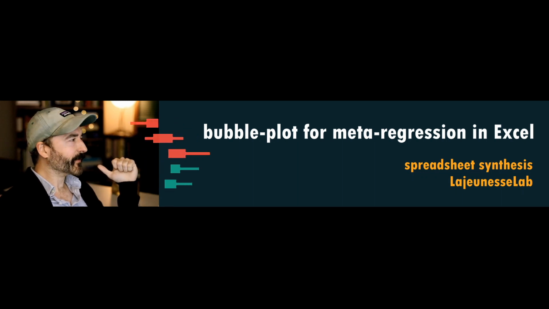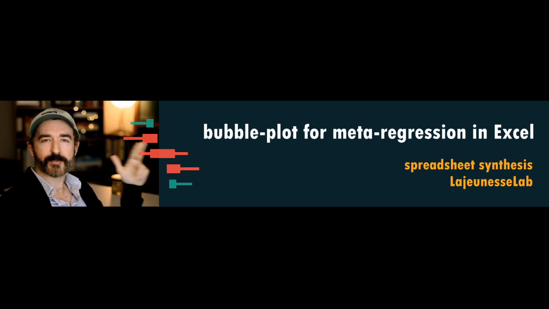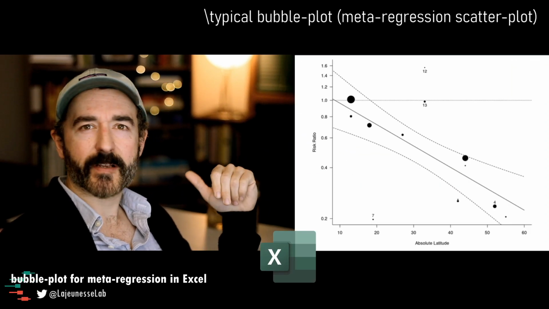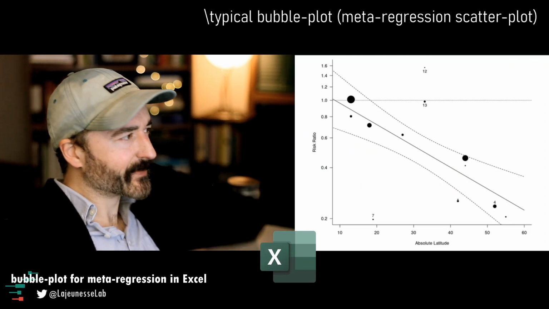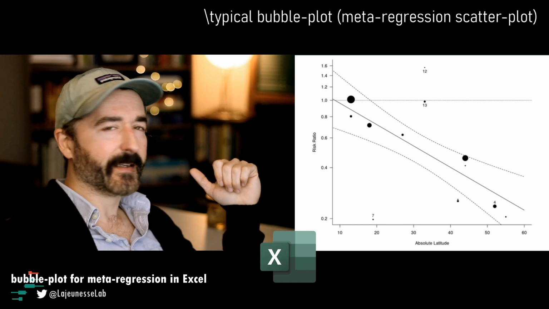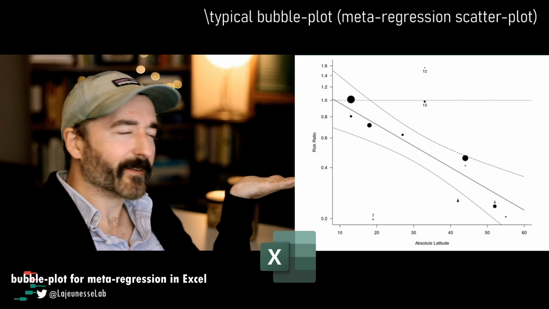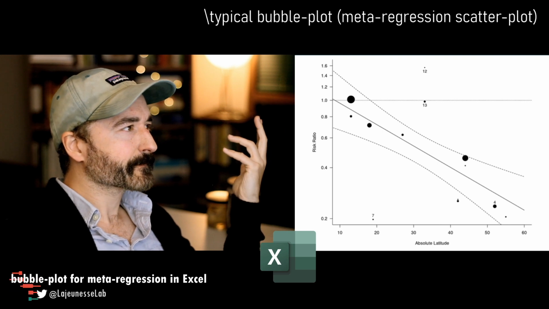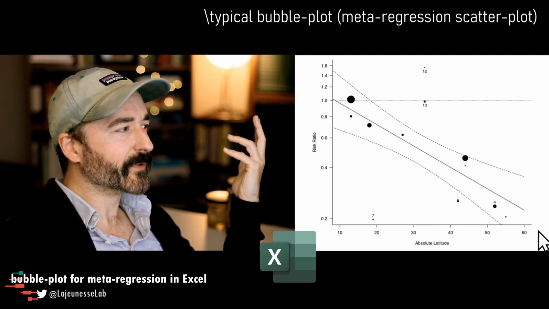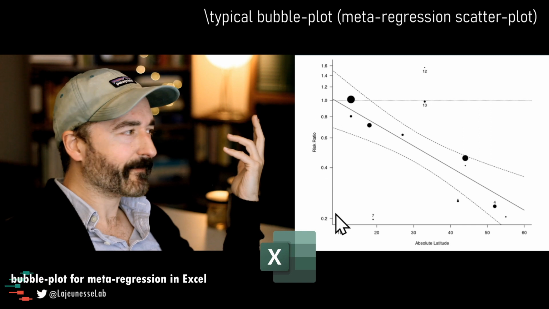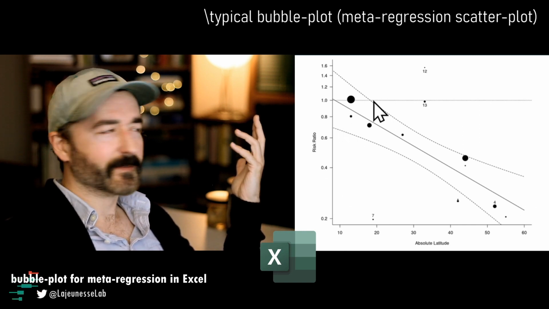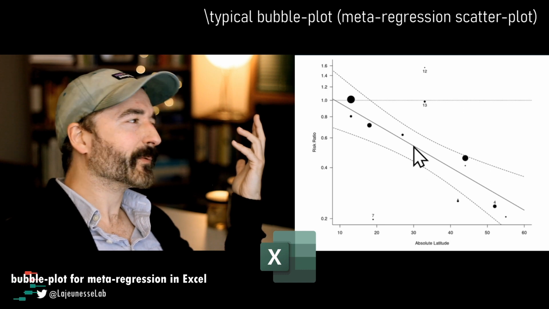Today we are going to plot the meta-regression results as a bubble plot. A bubble plot is a fairly conventional way to display the outcome of a meta-regression, which is just like a regression, but for synthesis, where we plot a continuous predictor against the effect sizes, and then we fit a slope